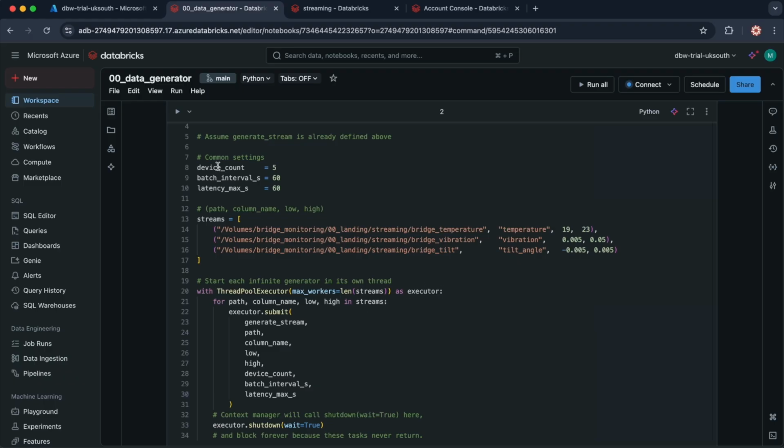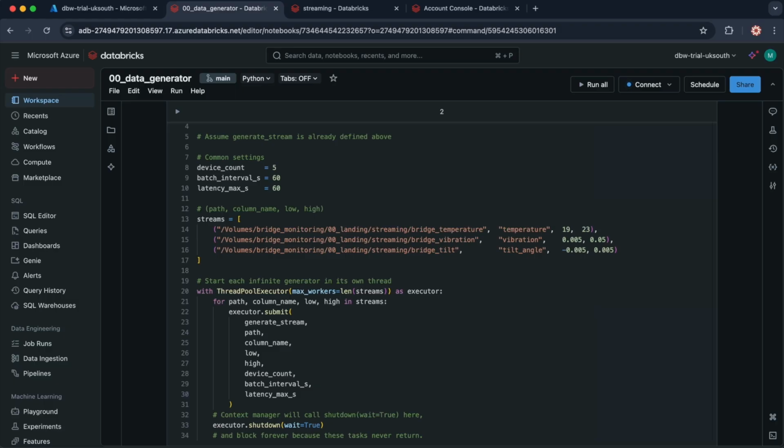And we've already defined the device count, batch interval, and latency, so we can actually submit the functions. So this executor.submit invokes this generate stream function 3 times, once per each element in streams. So this pattern simply runs 3 concurrent instances of the generator function, giving us 3 live independent delta streams with